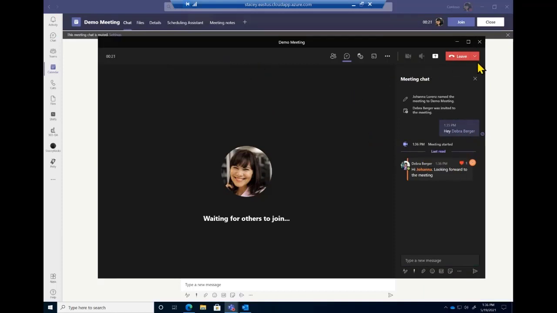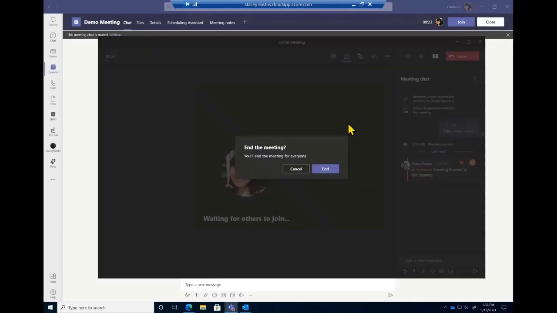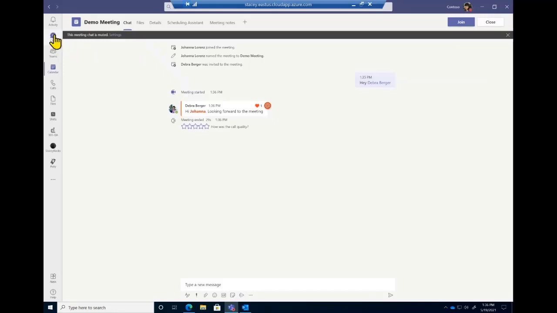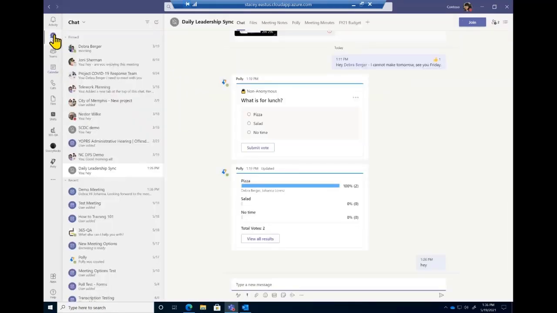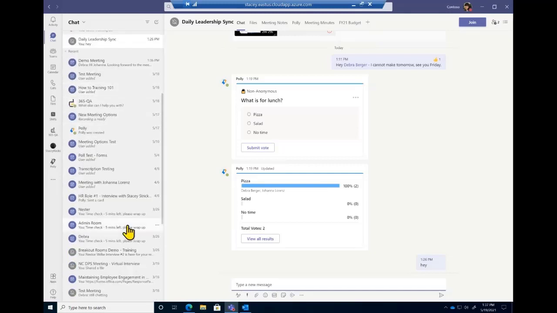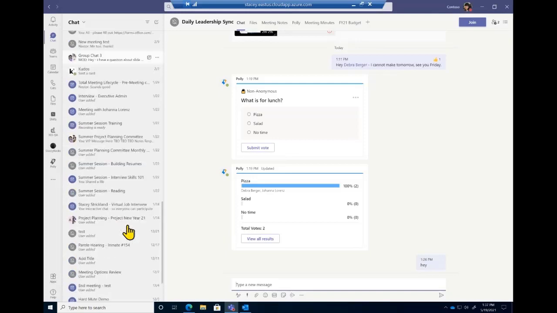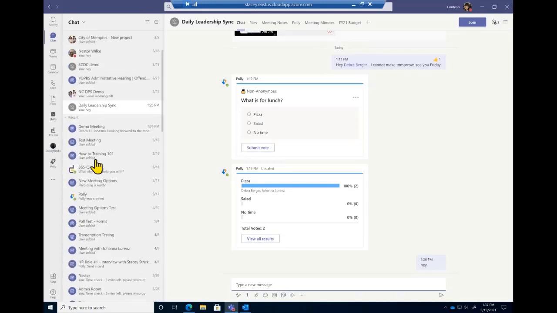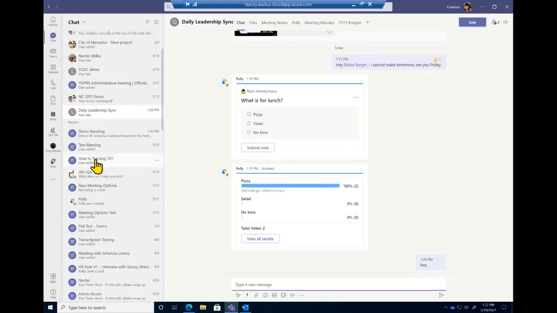And then, so I'm going to go ahead and just end this. That's how you access it while the meeting's open. But as I mentioned earlier, any personal meetings that you're having, all of those meeting chats live in your chat section here of your Teams client. So if it's one that you have often, definitely pin it like we discussed, or you can see all I do is meet in this demo tenant, because as I showed you the purple with the calendar icon, that is a visual to show you that's some of your meeting chats.